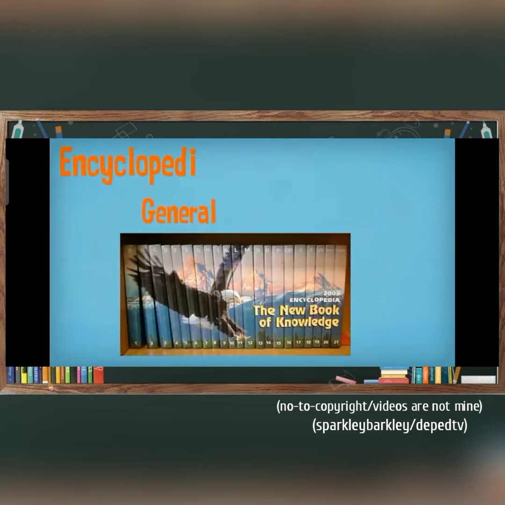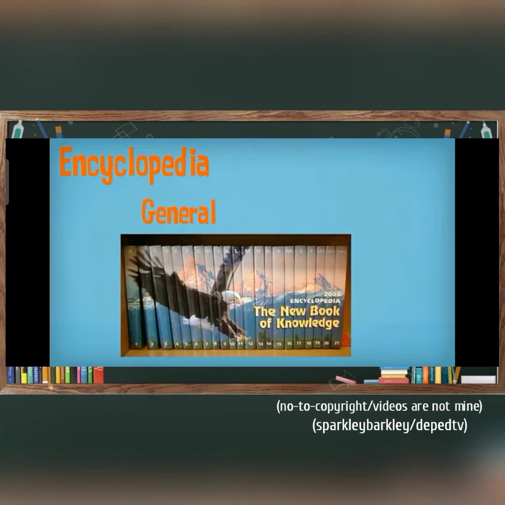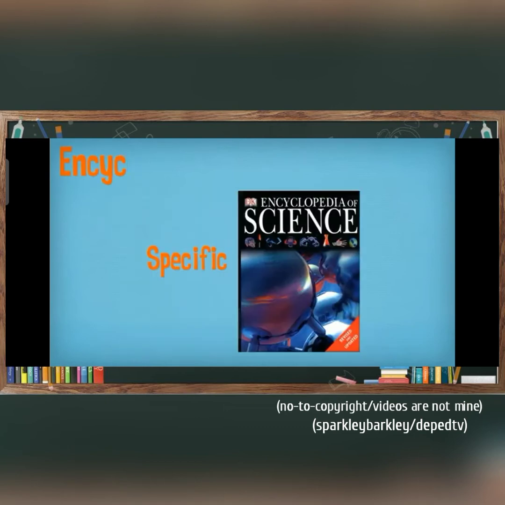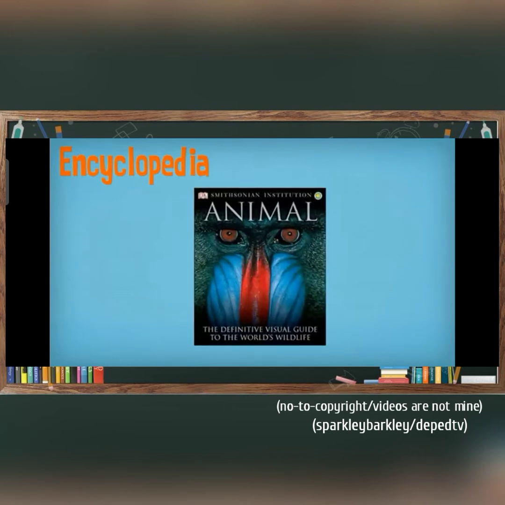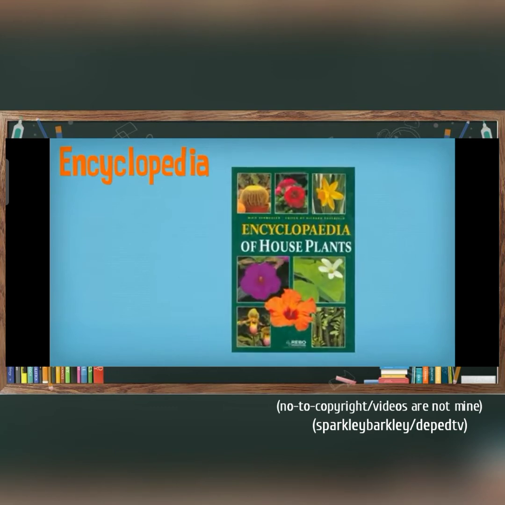Encyclopedias can be general or specific. General encyclopedias cover a whole bunch of different topics. It can cover anything from animals to people to places, wars, pretty much whatever you can think of. Whereas a specific encyclopedia covers one particular topic. That could be science, like the example here, or it could be sports. It could be animals. It could be about famous people like presidents, or even plants. But whatever that